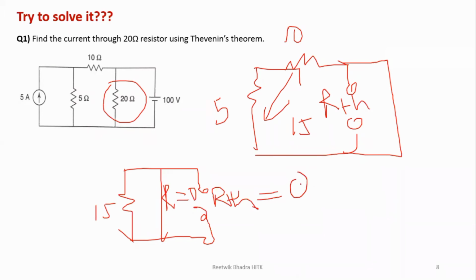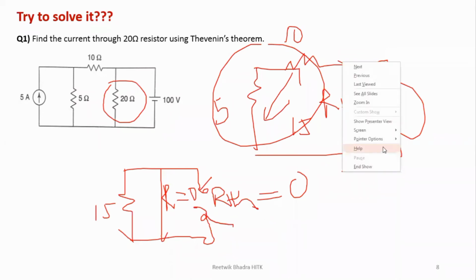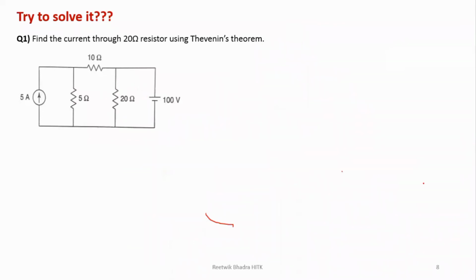Okay. So 5 ohm was not there, removed it. 10 and 5 comes in series. You have solved this part. But there is another path over here, which is a voltage source that is becoming short. So if this path is short, this branch and this branch comes in parallel, because we are finding equivalent resistance between these 2 points. So that's why my RTH becomes 0. Then last step everybody can do. I'm not worrying about the last step. So that's why VTH 100, RTH 0, IL 5.